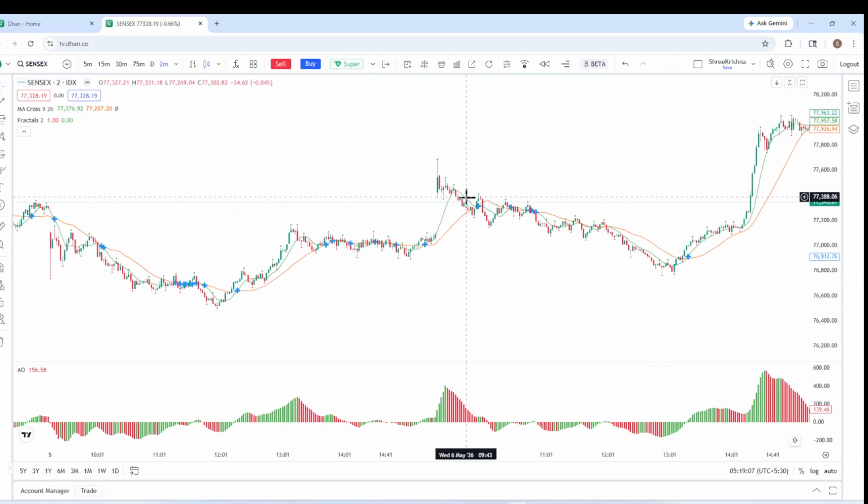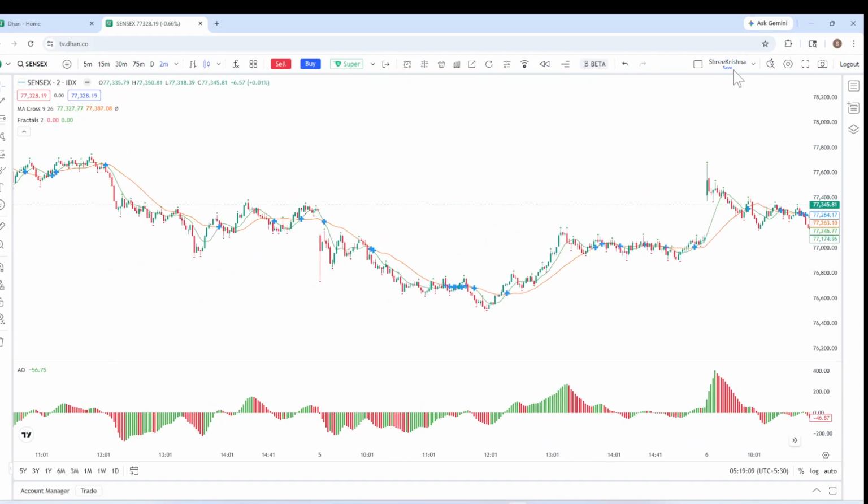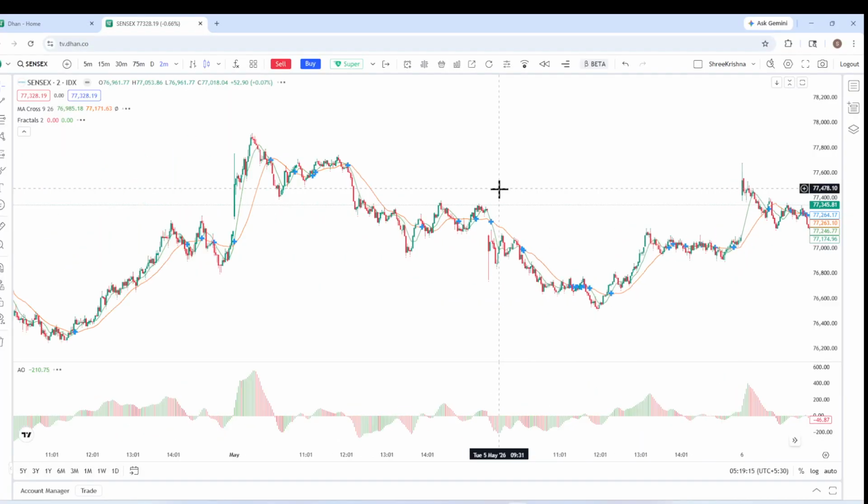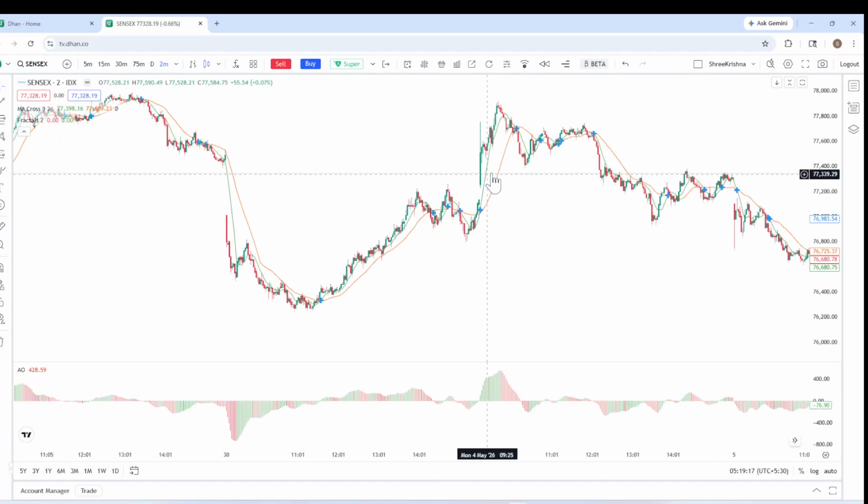So the question comes. Usually people ask, can we trade in 2 minutes? The answer is yes, we can trade in 2 minutes. Say for instance, this gapped up and it went up. This gap itself, one second, let me take the tool. This gap itself